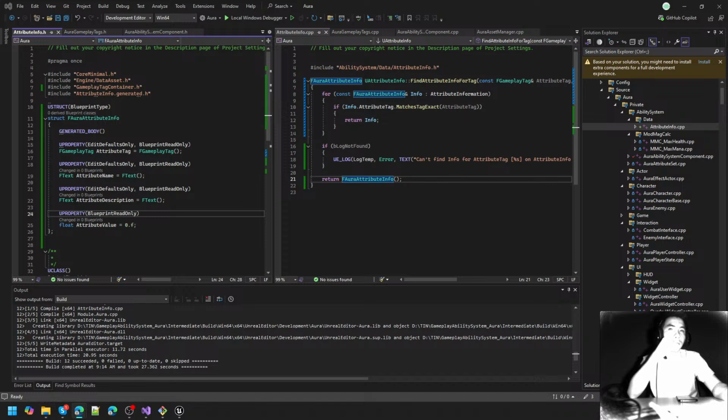Okay, so I've added all the primary and all the secondary attributes here. Now there's kind of a lot of them, so if you really wanted to, you could have multiple arrays here, but I'm just going to have one single array where I can set this information. And all it has is the tag, the attribute name, and the attribute description, which we'd like to use once we start broadcasting delegates that our widgets can bind to and receive this information. So this is looking great, and we've already conquered the first 3 steps here in our next steps for the attribute menu. In fact,